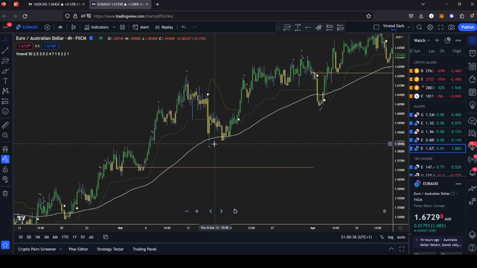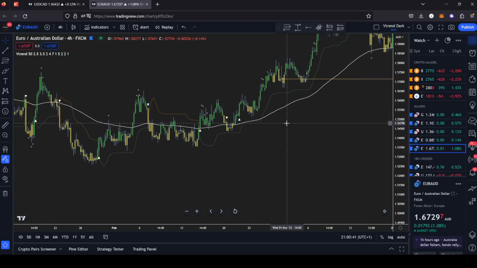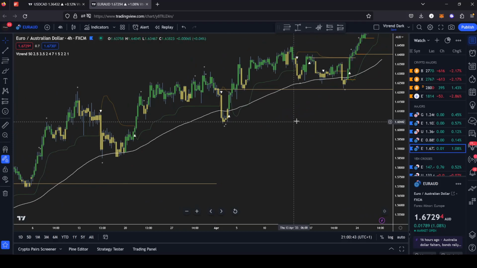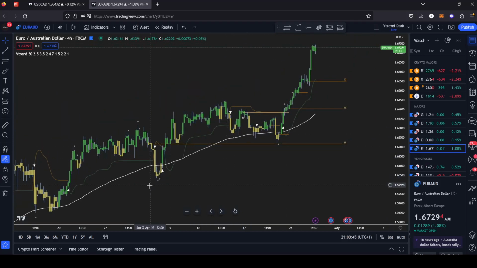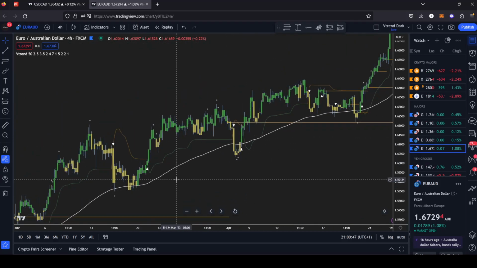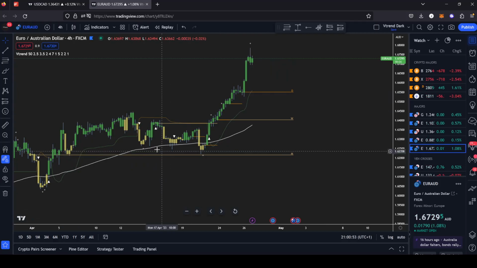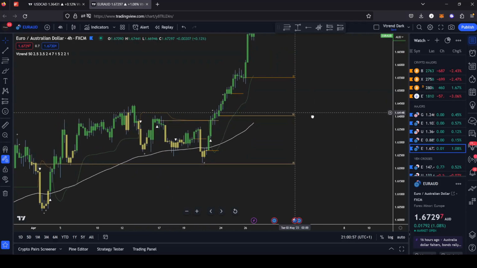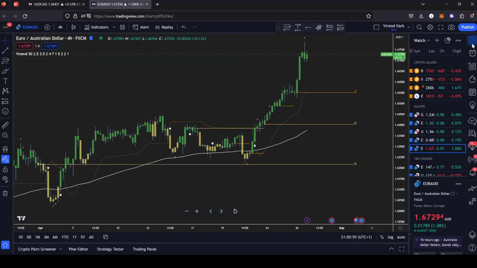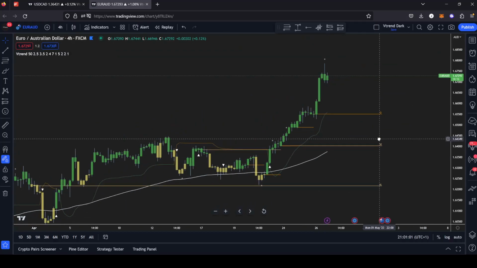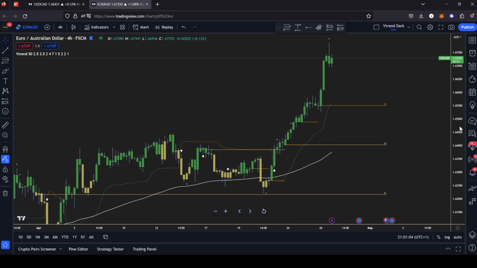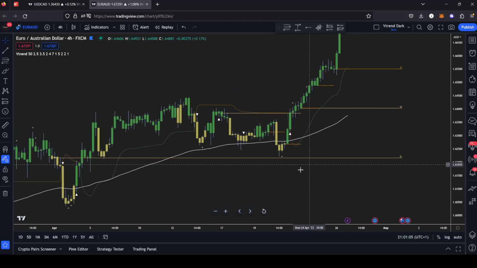Okay, so there's a set of a couple of different things here. Depending on what you have activated, we're going to use these signals. So these are not the trend cloud signals. Here we have to look at basically what counts as a valid trade according to the rules. So we're going to use